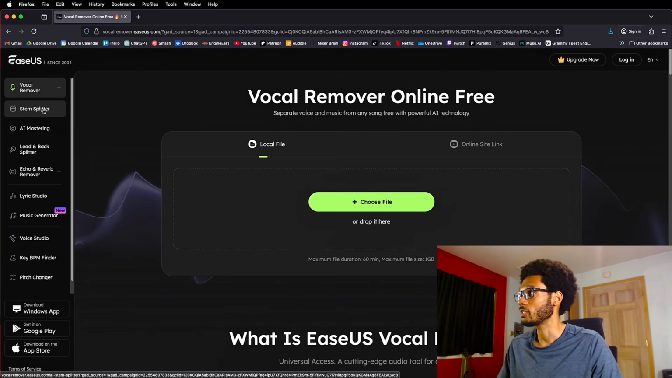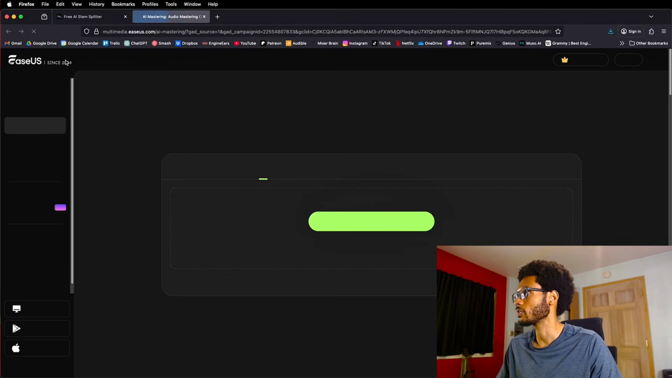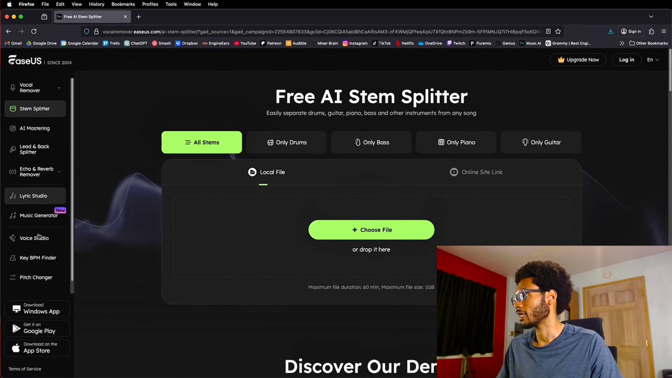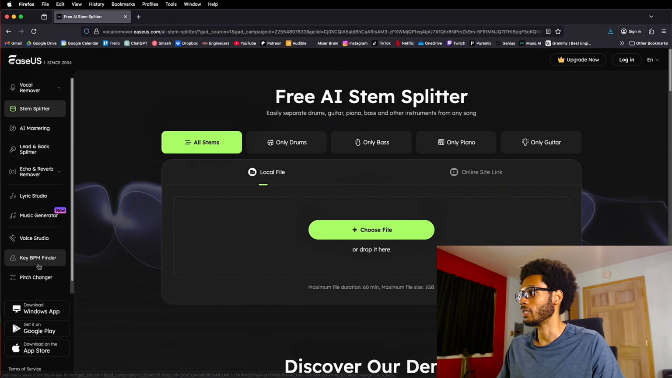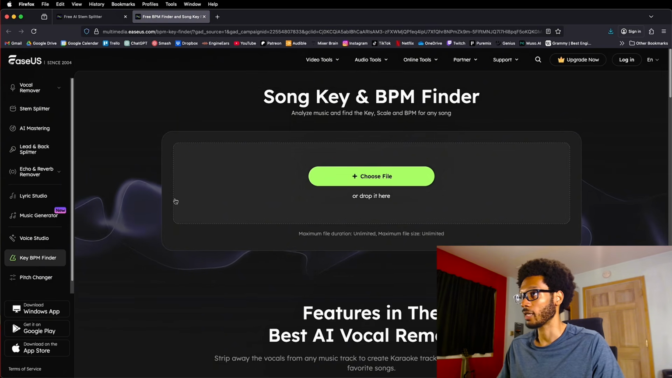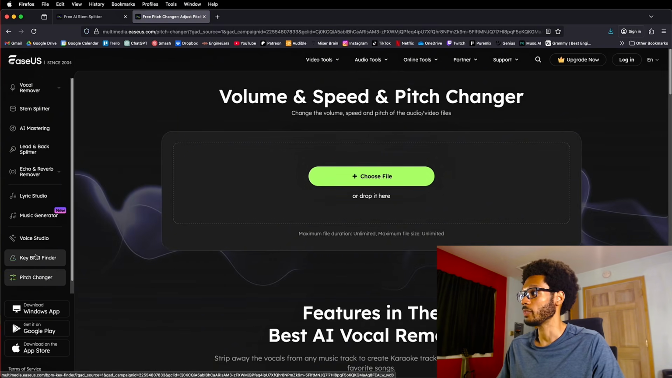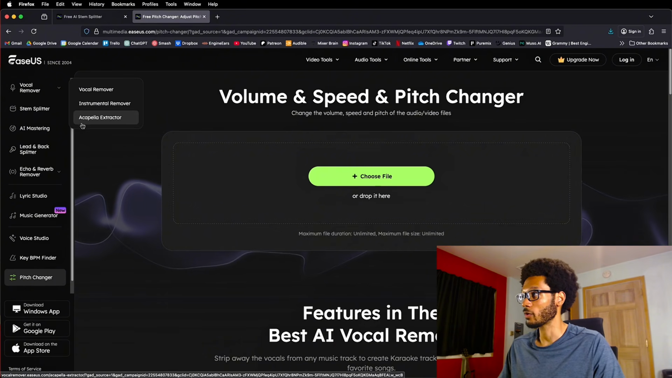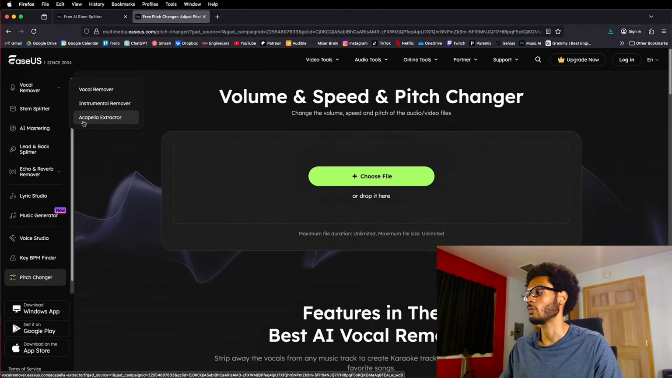But then you have a stem splitter, you have AI mastering, echo and reverb remover. There's a lot of options here. Key BPM finder. So if you need to find the key and the BPM to a song, you can drag and drop that in here and get that really quickly. There's some interesting things on this website, but we're focused on getting this acapella so that we can replicate this